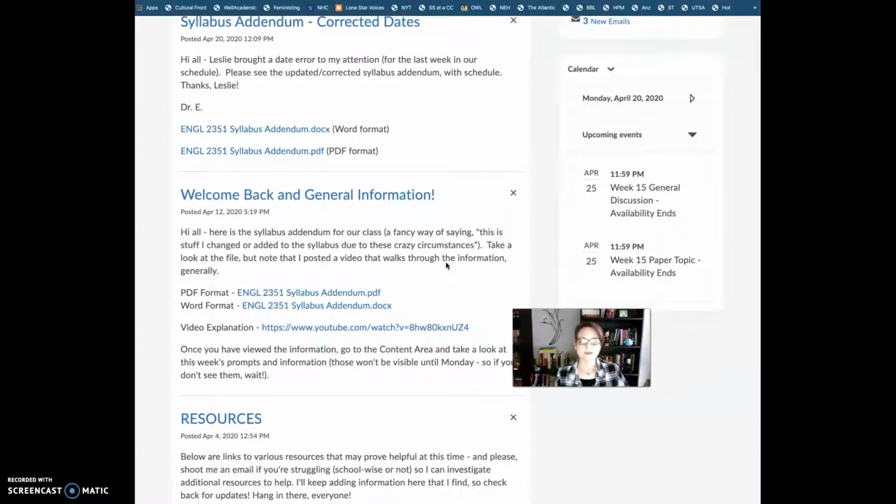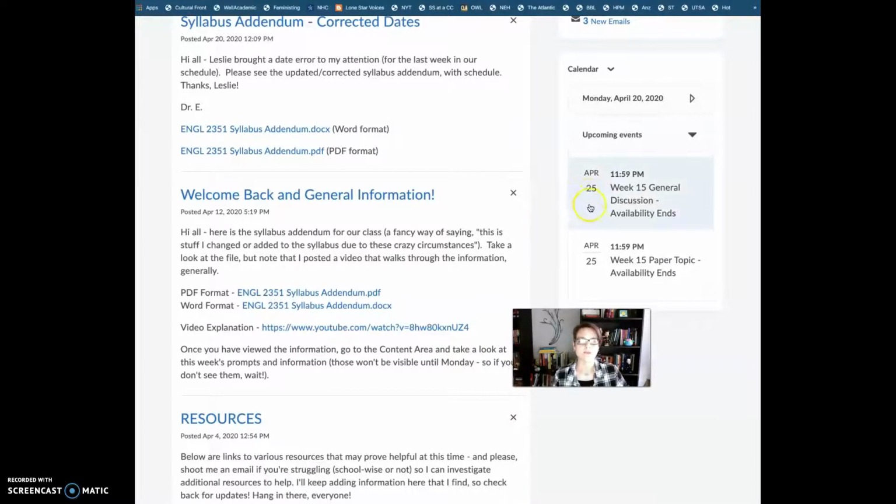There are a couple ways that you can get to our discussion areas or what I'm asking you to do every week. So the first is the calendar on the right-hand side. Just as a general reminder, this is going to show the due date and time that the discussion area is closed. That doesn't necessarily indicate the due dates, right? So even though it says April 25th at 11:59 p.m. for the general discussion, that's actually going to be due every Wednesday by 11:59 p.m., but it will stay open a certain amount after that just so that you can see other people share their ideas, and sometimes you're asked to respond to other people's ideas.